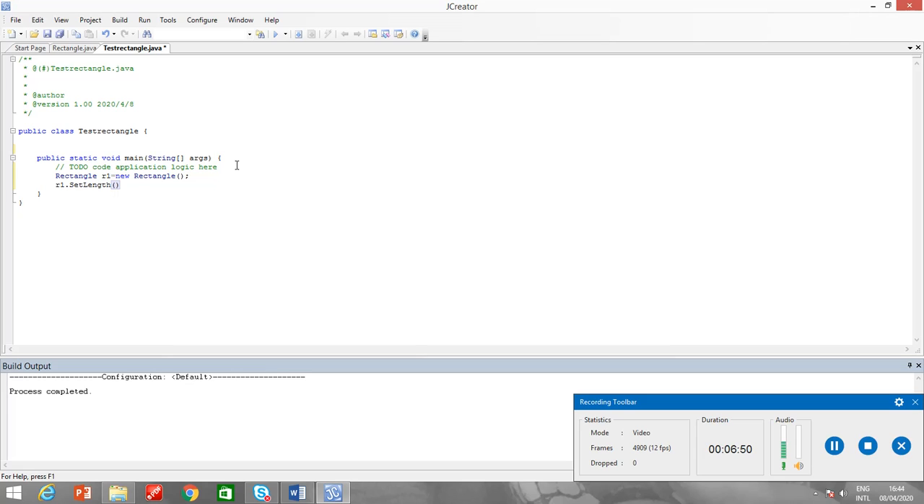I'll pass any value for the length, maybe 10. Same thing, I'll pass the value for width. R1 dot set width. Let me just pass the value as 2, and then I will calculate the area. If you want to show the value of length and width, you can call the get methods, but if you don't want to print the value of length and width, no need to call it. But I want to call area because they are the get methods, so I have to use them with the